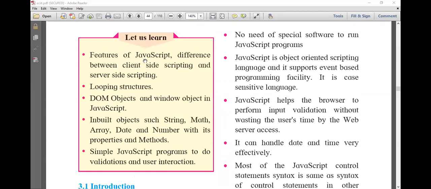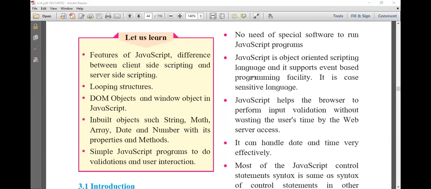Why we are using it, this part we already studied in the last session: what are the different features of JavaScript, what we can do with JavaScript, and why we are embedding JavaScript in HTML. We can do something in HTML, but what we cannot do in HTML, for that we take help from JavaScript. So those come under the features of JavaScript. Features of JavaScript means the different facilities given in JavaScript, so that we can use it for a number of specific purposes.